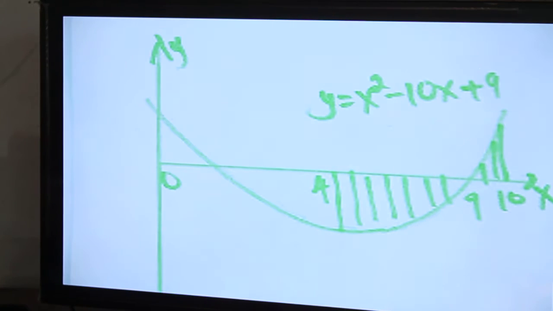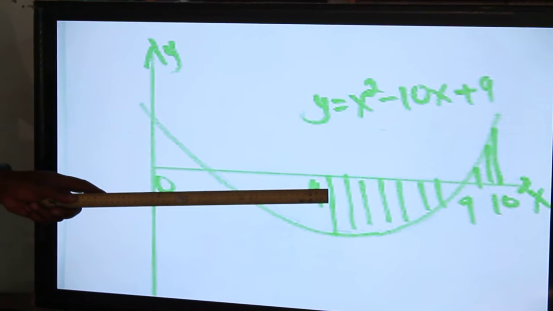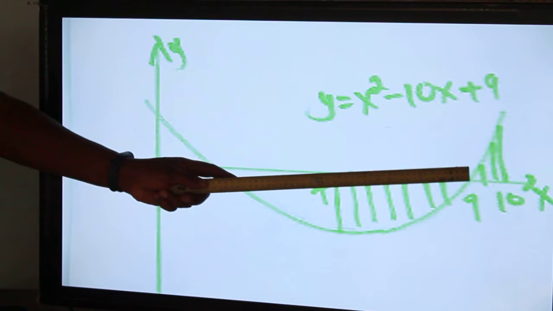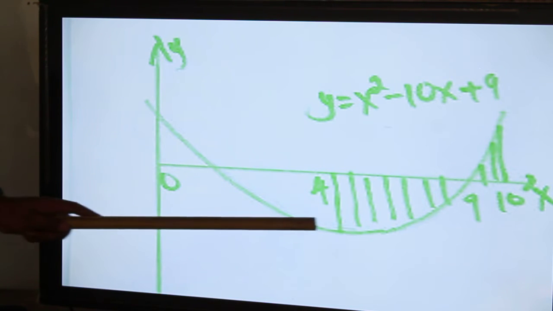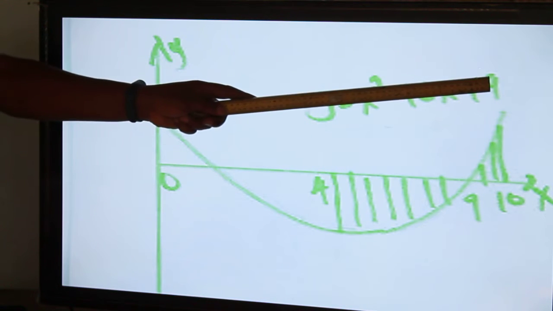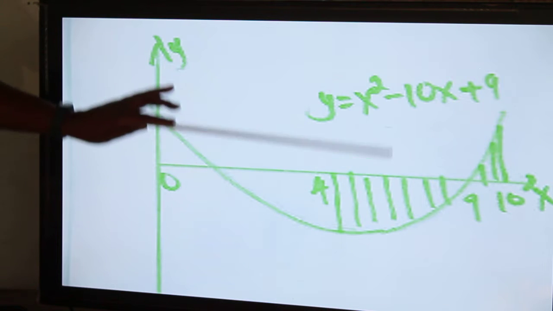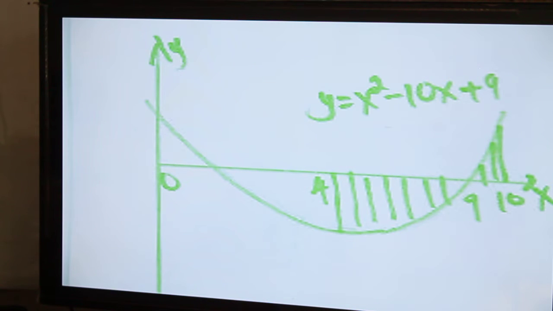Maybe here it's not drawn quite right, but you can see we are saying from 4 up to 9, the curve is moving down on the bottom side, and then again it's moving on the upper part of the x-axis. So you have the x-axis, the bottom part, and then the upper part. In this case you need to deal with the two parts, because the shaded, required region is appearing on both sides, the bottom part and the upper part. Therefore, when you're doing the integration, you cannot enclose the two of them together. So we are going to separate this integration and substitute different limits, for the below part and the upper part.